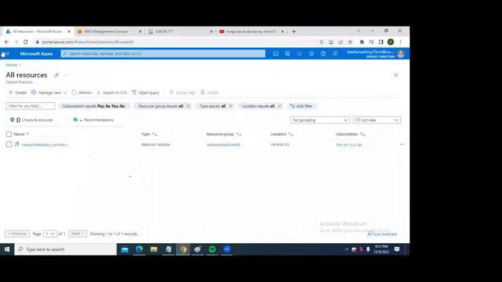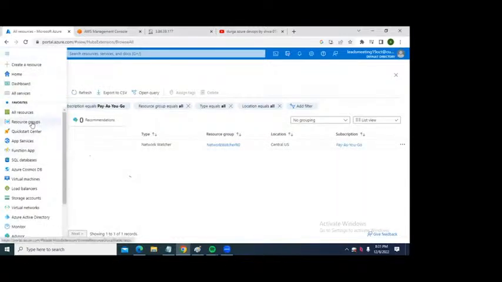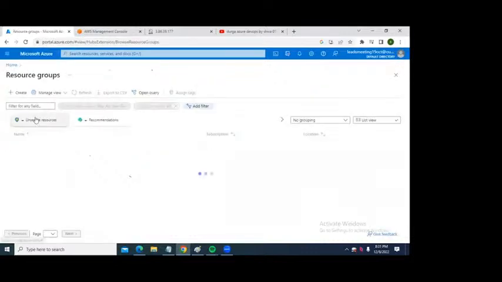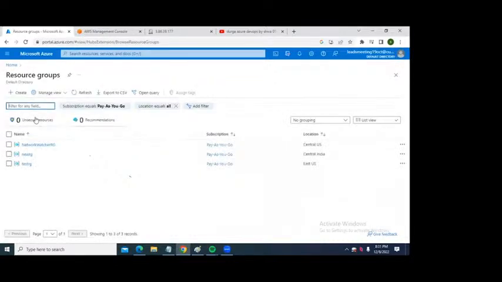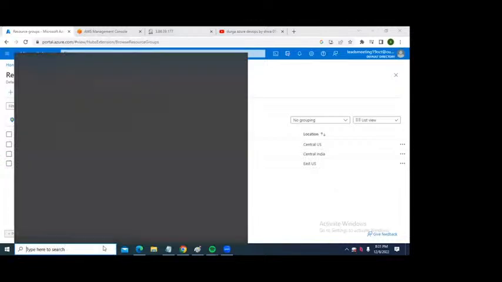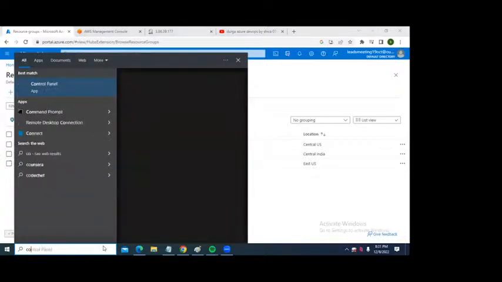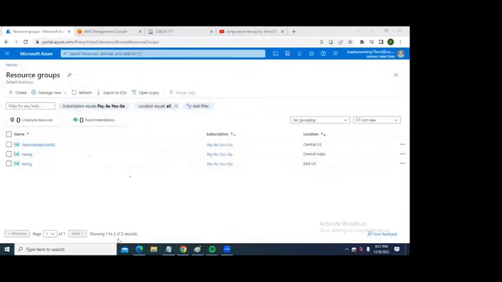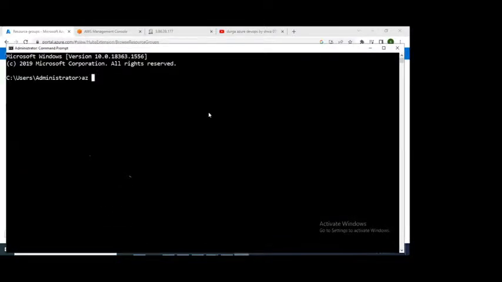I just wanted to see resource groups. A resource group is just like a logical container. Every resource that you create in Azure will be a part of a resource group. Presently I have 3 resource groups. To see these 3 resource groups, I have logged into my account and selected some menu. The same thing I can do from the command line. How can you do this? Just have a look. If my command line is working, it has to show az group list. Sorry.